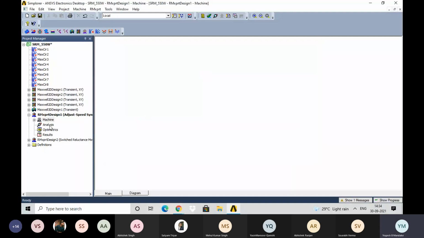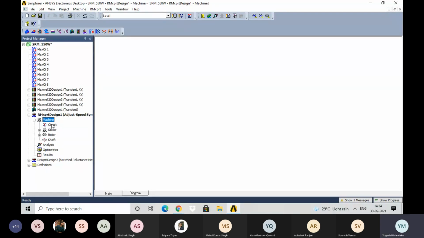So first of all, what we had done, we selected the machine type, then we double clicked on the machine. Under the machine, we know that the machine consists of circuits, that is supply circuit, stator, rotor, shaft. Related to that, if we click on this plus button, different options are available.